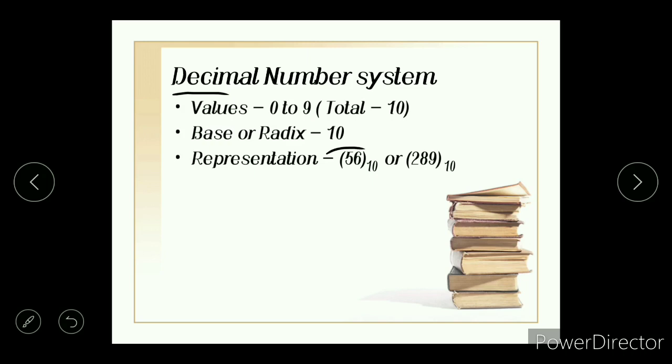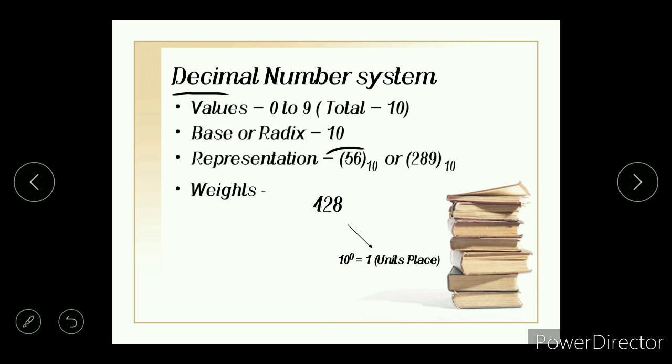Next we have to see the weights associated with each number in a particular number system. For example, if I want to see the weight of number 428, starting from right hand side, I will write the weight of the rightmost number, that is 8, as 10 raised to 0. Why 10? Because 10 is the base of decimal number system. 10 raised to 0 is equal to how much? It is equal to 1. This is called as units place. This you already must have studied, correct? We are just revising this.